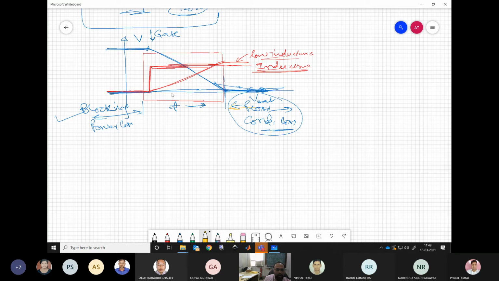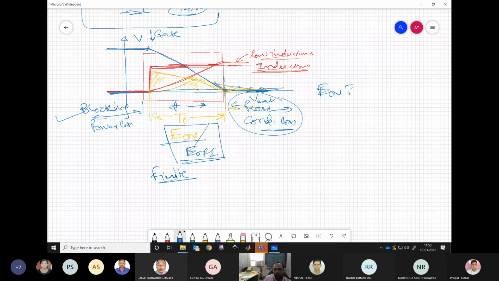Now in between, because of non-zero voltage and current, we have some type of power loss, something like this for a resistive load or low inductance load, and for this kind of high inductive load, it may be even more. So something like this. Of course this area is more than this area, which means the energy loss within this transition time, the energy loss E on or E off, this is for E on actually. So this is finite.